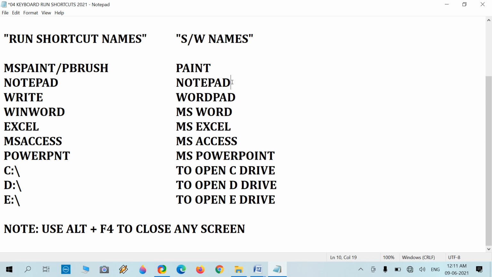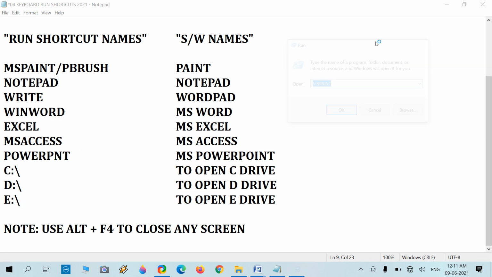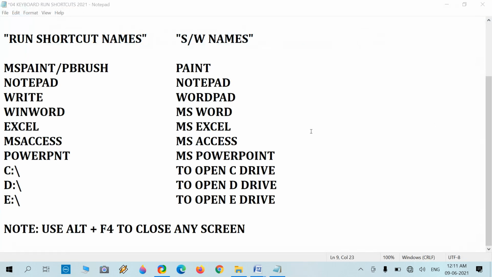We practically use this. Press Windows plus R first, it will display this Run dialog box, and we try to open Paint, like I am typing here MS Paint. Now press Enter, and okay, it will display our Paint screen. And another term is PBrush, which we can also use.